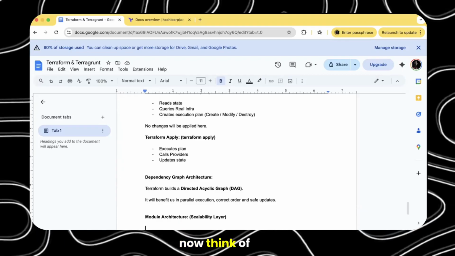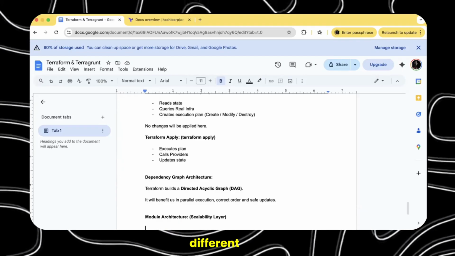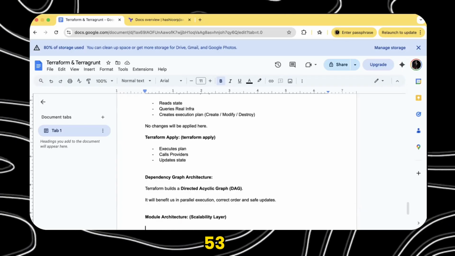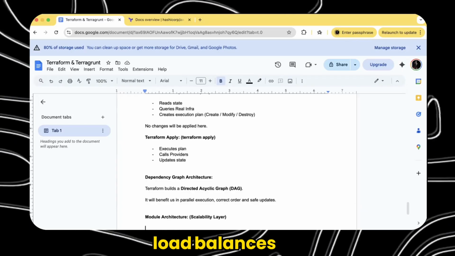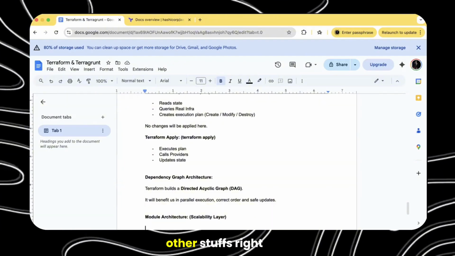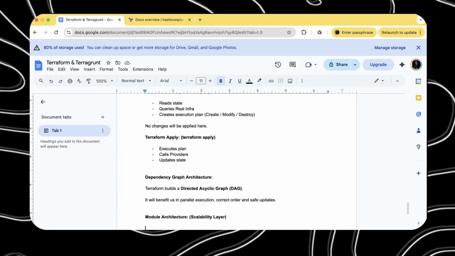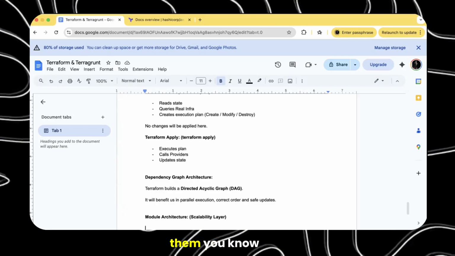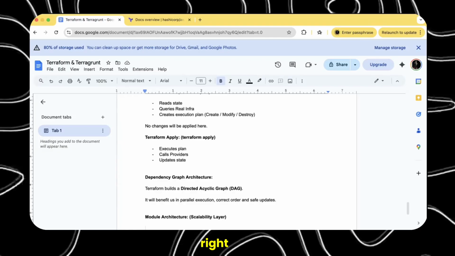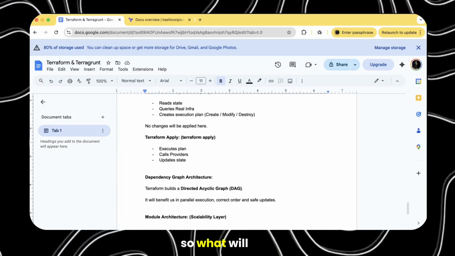Now, think of this, right? You have different Route 53, different hosted zones, load balancers, network ACLs, and other stuff, right? And for each of them, if you don't create a module, what will happen?